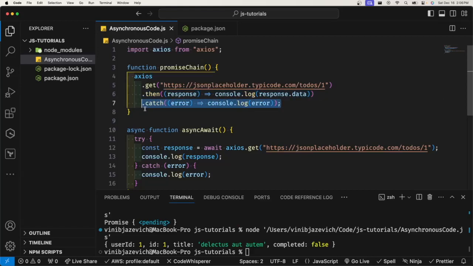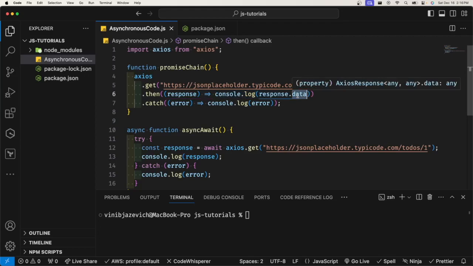So both .then and .catch take in callback functions, and the first parameter that's passed into those callback functions is the response that our promise is giving us. So because we're doing a GET request, the response object has a bunch of information on it like the status code, but the only thing we really care about is the data, so that's why I'm doing response.data. So if our promise is successful, we should log a to-do right here, and if it's not successful, then we